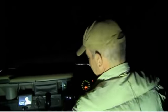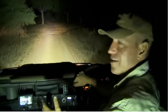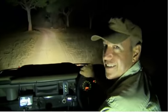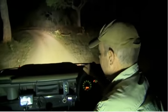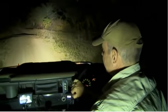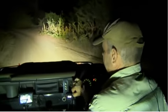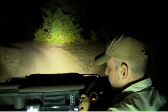I love those little accidental meetups. We really don't know sometimes where each other is. I just see these spotlights coming over the hill, and sure enough, it's Pete and Wium. It's quite fun right at the end too, just to see each other on the road. He's a great fella, a great friend, very connected with the bush, and he really does know these cats on Jeandré and Arethusa very well. Great knowledge, and I'll get some information off him tonight